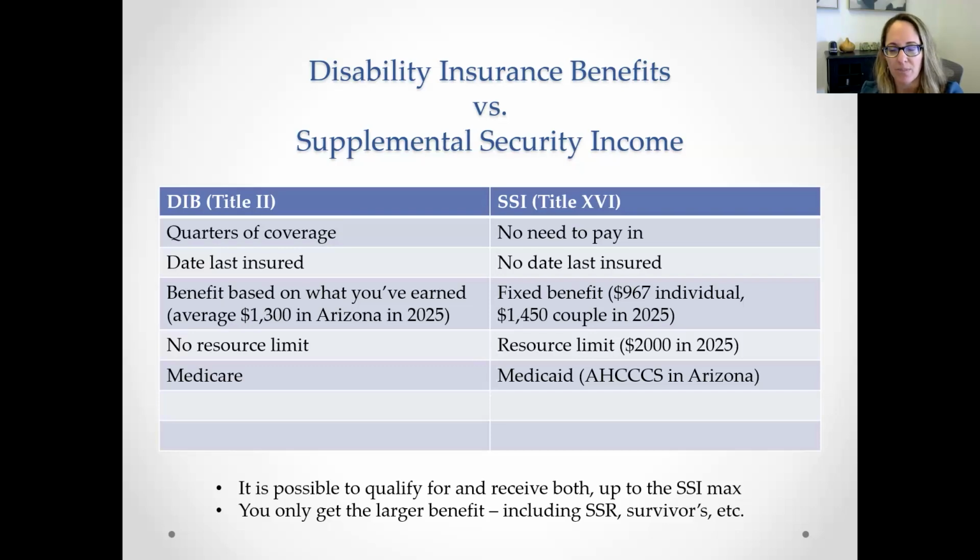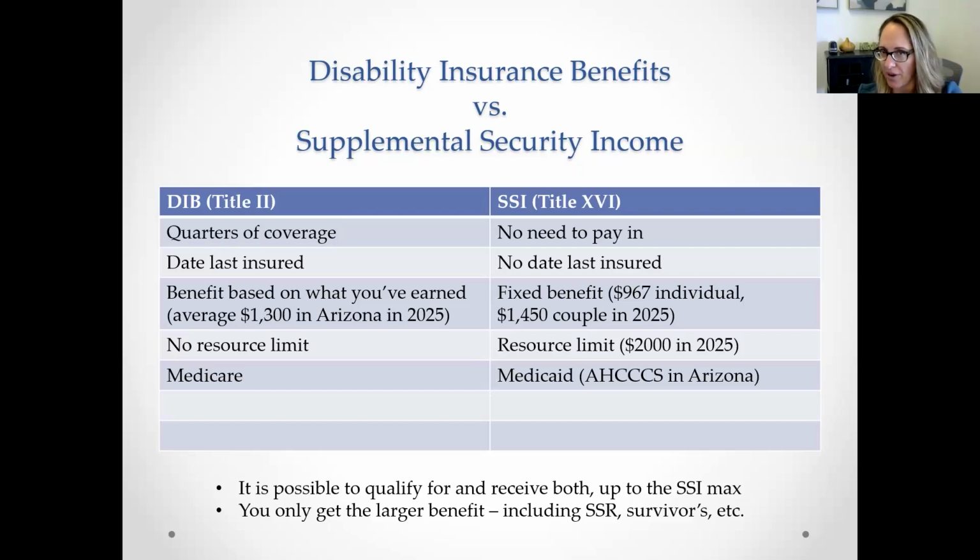But when we're in the middle of a disability case, everyone's different because their earnings history is different. So I have to either tell you to go to your own My Social Security account and check, or we can wait towards the end of the case when we get to the point of a hearing, and we'll be able to see it then. Again, looking at this left column, in order to get disability insurance benefits based on what you paid in, you have to have worked enough and paid in enough. That means you have to have enough quarters of coverage.